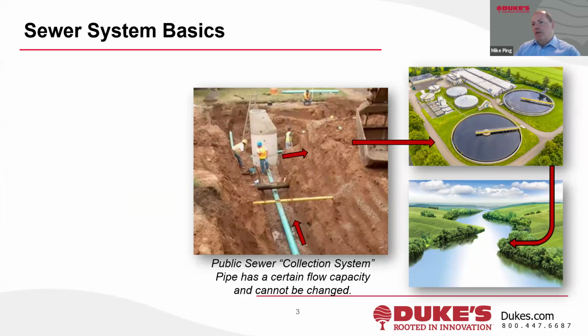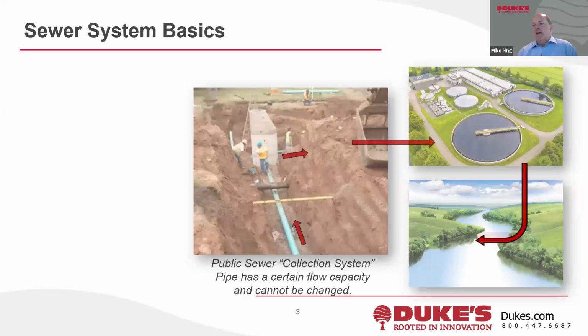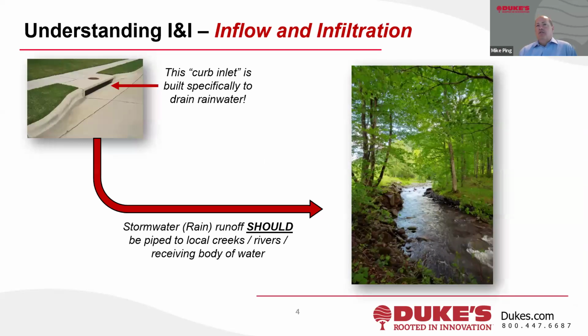The important part of this, as we're going to talk about I&I and micro detection and so forth, is that these piping systems have a certain flow capacity, and that capacity cannot be changed unless somebody digs the pipe up, puts in a bigger pipe, or somehow can change the slope of the pipe, which typically is not going to be happening. So diving into inflow and infiltration, or what's known as I&I,